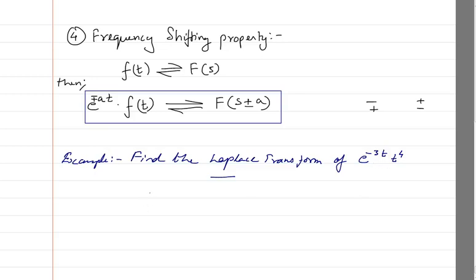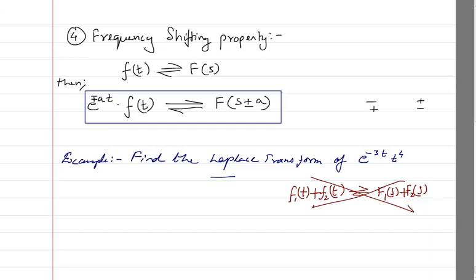See, most of the people make this mistake of thinking that if you are having two functions f1 of t multiplied with f2 of t, then all you have to do is to take the Laplace transform as f1 of s multiplied with f2 of s. Everybody thinks that this is correct. No, this is totally wrong. You cannot do this. But yes, if there were a plus, this is possible. But multiplication, division, it is not at all possible.